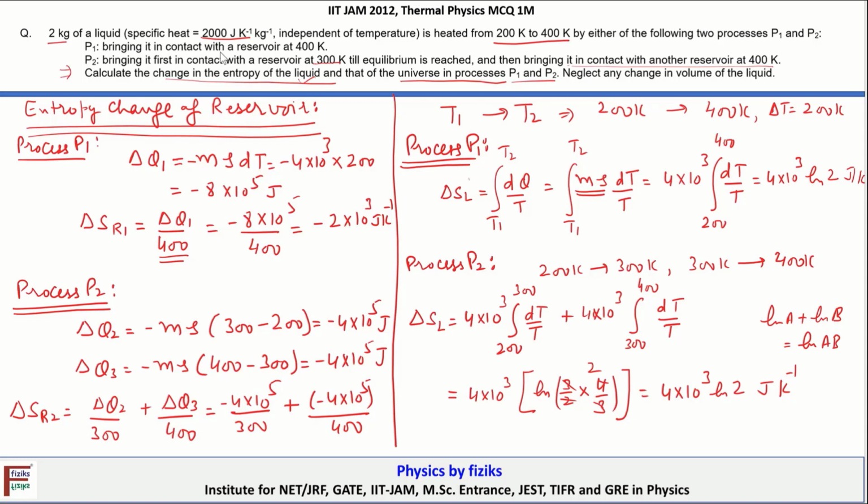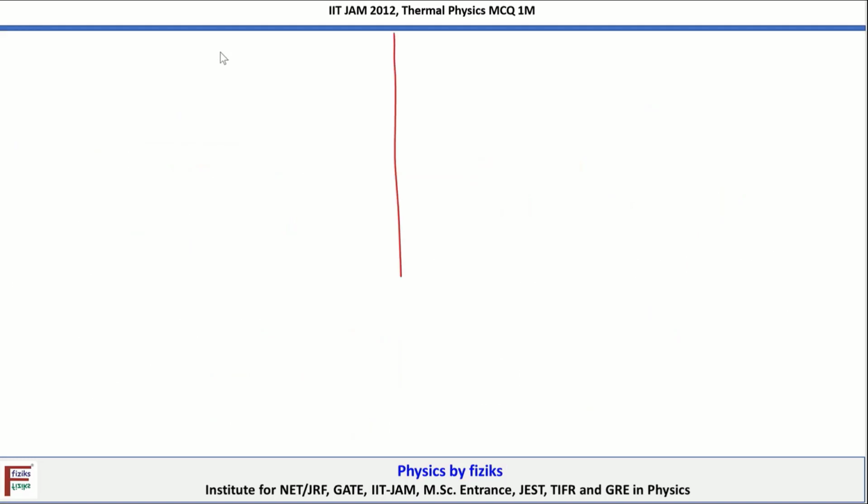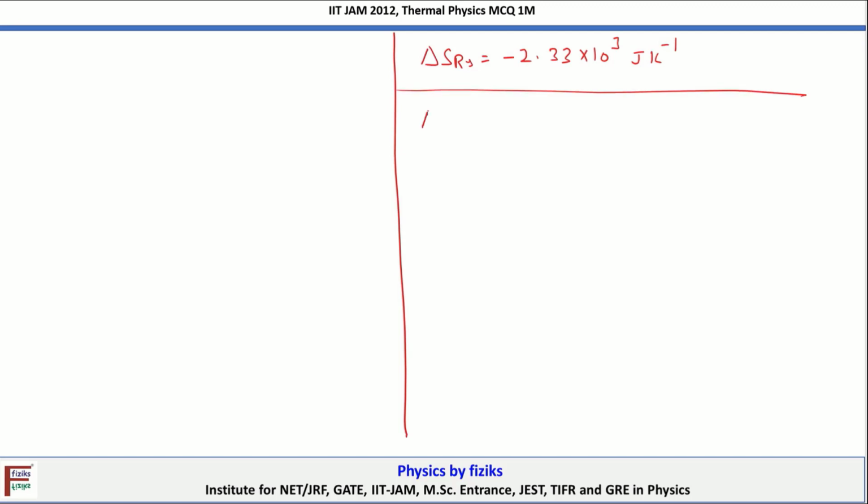after plugging these values, we obtain delta S R2. After solving, this is equal to minus 2.33 into 10 power 3 joule per Kelvin. Now the net entropy change of the universe. So let's evaluate process 1,